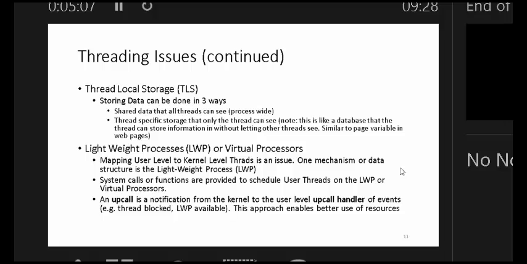The last two are thread local storage. This is something that people have not thought about because most of your programming models don't have them. It's almost like before you met databases, you didn't think maybe you could send and receive data across different applications. But thread local storage refers to data that a thread can store in its own context. Right? It means it's not shared.